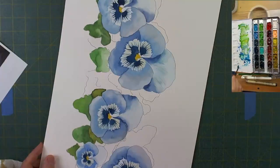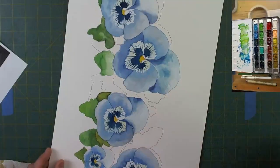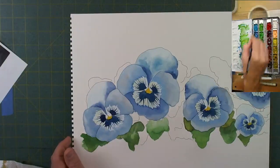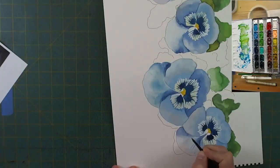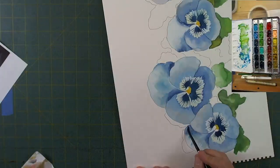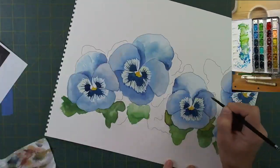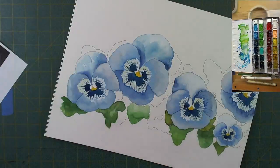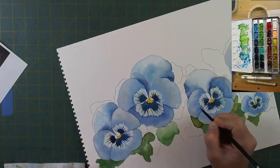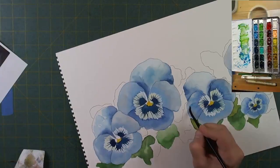Okay, and while those dry a little bit, I'm just going to drop in a little bit of color here and there. I want to add a bit of texture to these petals. And while I'm adding this bit of texture, I'm going to see if I can put in the veining on these at the same time. So where the veins or the lines from that dark blue come out, I'm going to continue those lines with a bit of